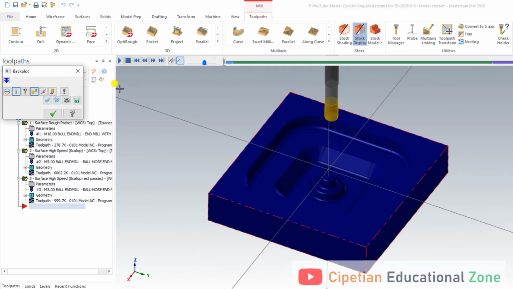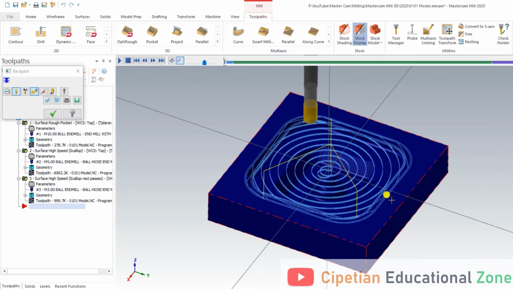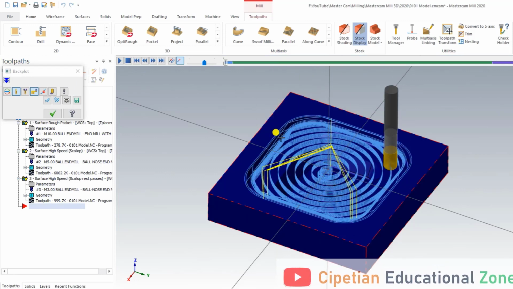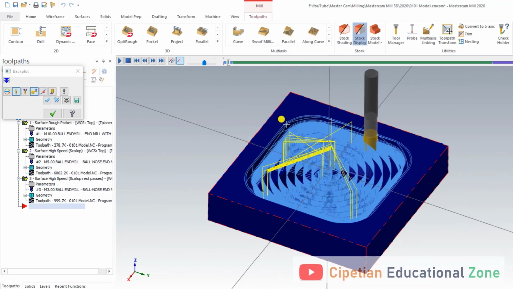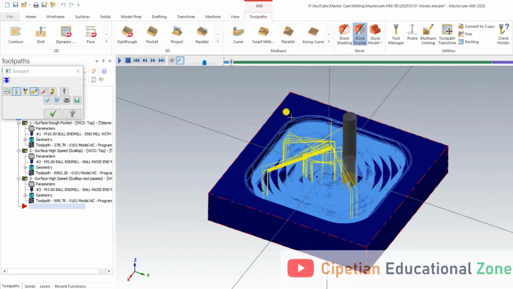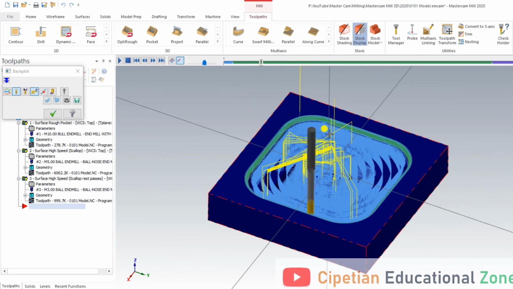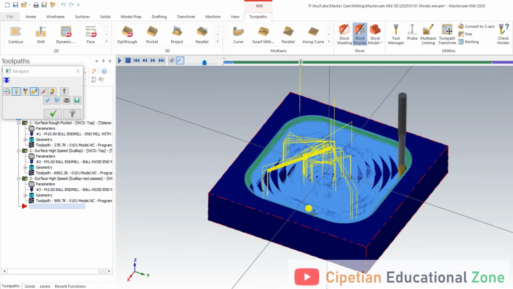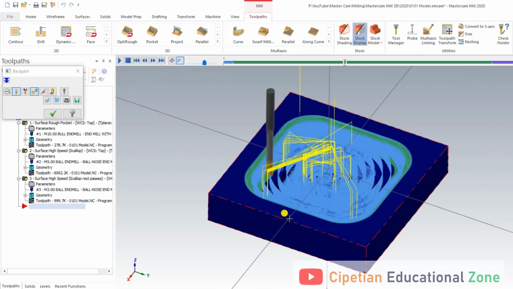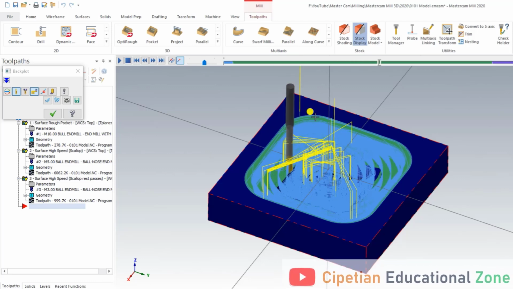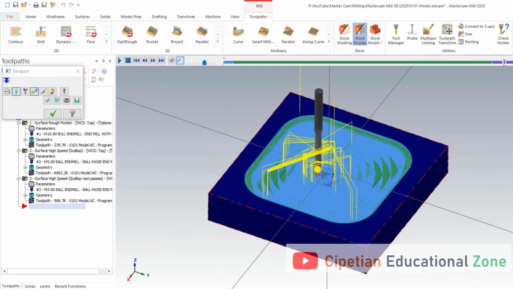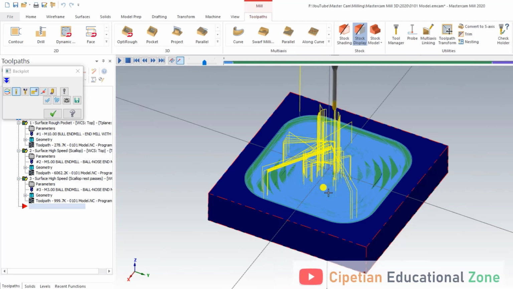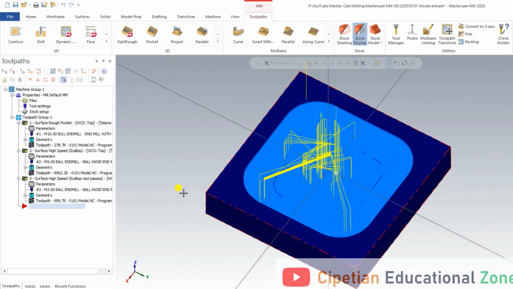So let me first show you in the 2D toolpath view how the toolpath will machine. Now as you can see on the screen, it is cutting in a roughing form. And now the second toolpath is the finishing one, that is scallop. After scallop we have to go again for machining the smallest areas of the part, which is also done with the help of scallop. So let me start to create the part.